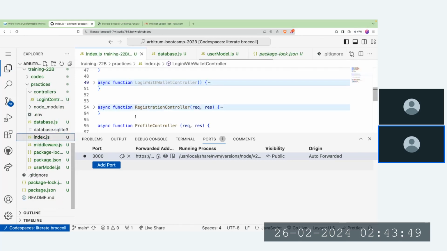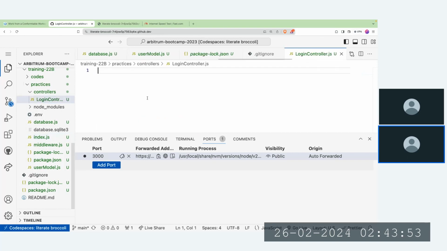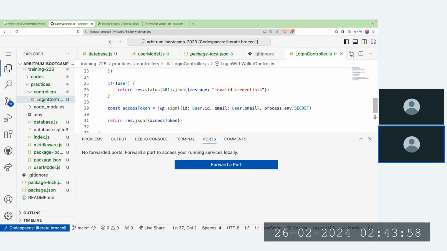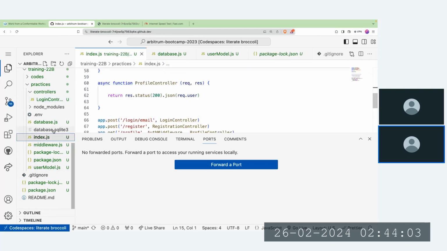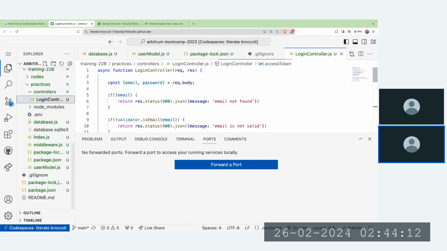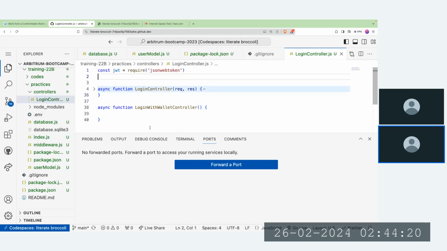So now let's move this login controller, and the other one, to this page. Do we need that? Do you have any dependency? We have JWT, right? It won't work without this. We have to import it. Let's import it now. I'm coming to my index.js. Can you see now? Let me cut. I'll go to my login page and add this new one. You get? Then I can now say